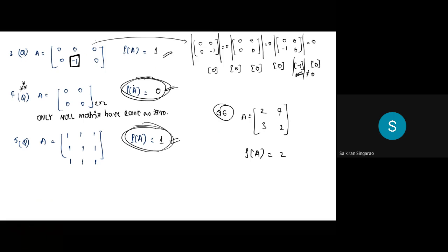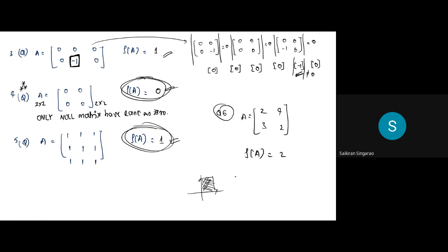The rank of this is 0, meaning it is actually a 2 cross 2 matrix. It is looking like a 2 cross 2 matrix, but there are no dimensions in it. It's a 2 cross 2 matrix, so it should have 2 dimensions. But its rank is 0, means all 2 dimensions are lost. Because how will you show a 2 cross 2 matrix? For a 2 cross 2 matrix, you will need a plane to show, right? You will need a plane. Plane means it is like paper.